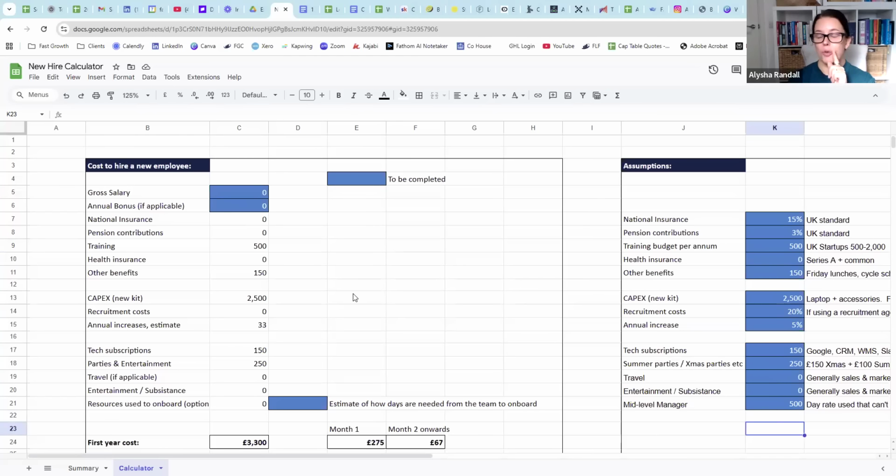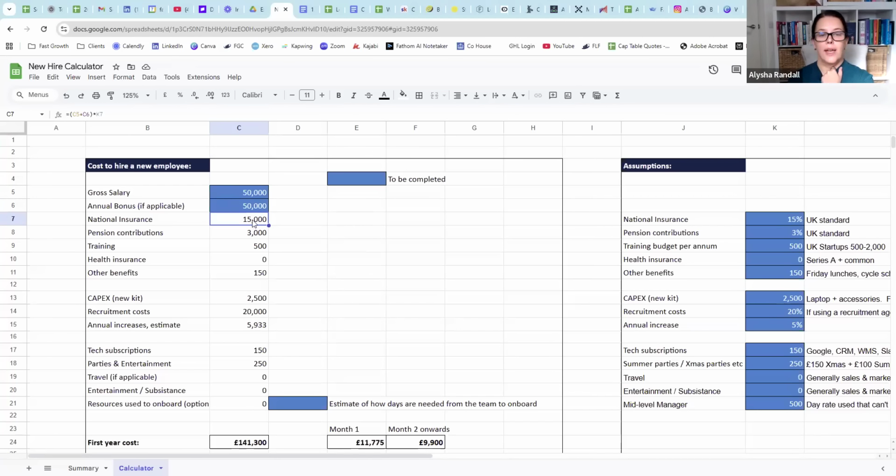Okay, so let's assume we're going to hire a salesperson on around a 50,000 base. When you're looking at budget, you always assume they're going to hit target, because if they go over target and get a higher bonus, you're going to get more revenue, so they offset each other. So let's say they're on a 50,000 base, and if they hit target, they're going to get, say, a 50,000 bonus. So what this looks at then is about 100,000 in